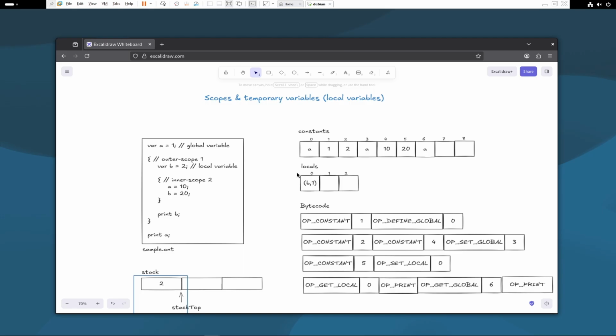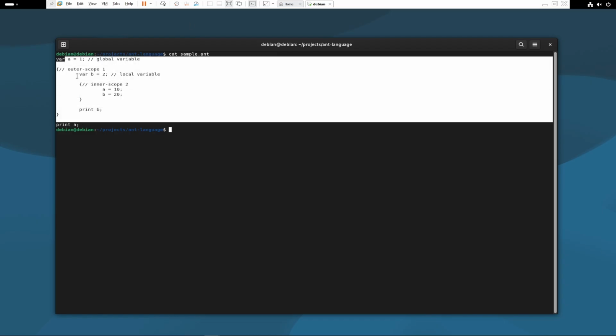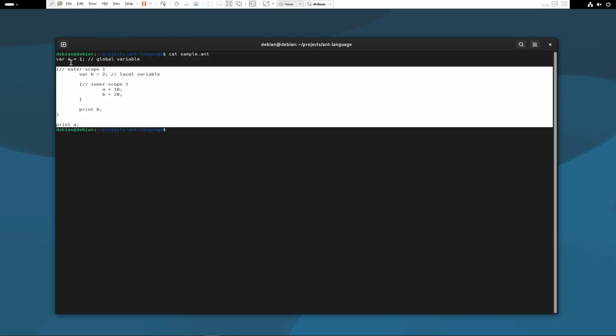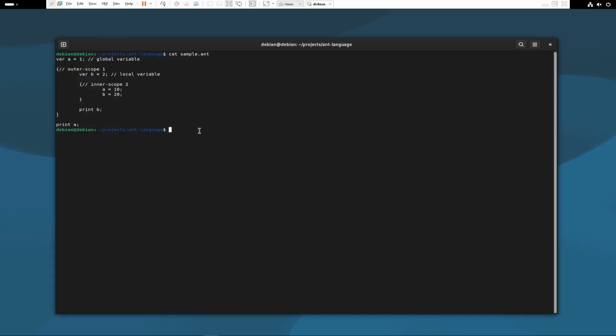So let's jump right to the code. So guys, I previously made a file called sample.ant. I just wrote that example code in it. So when we finish our development of scopes, we will run our interpreter on that file and see the result. So let's go to our